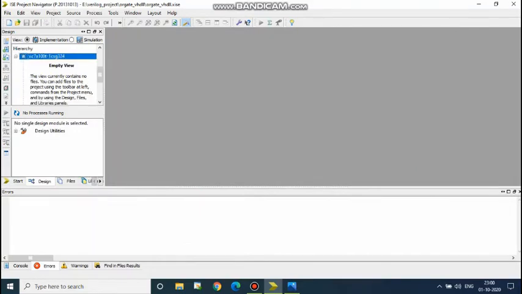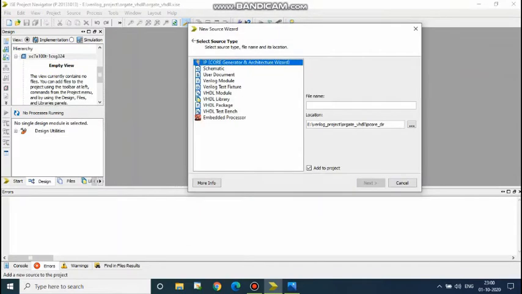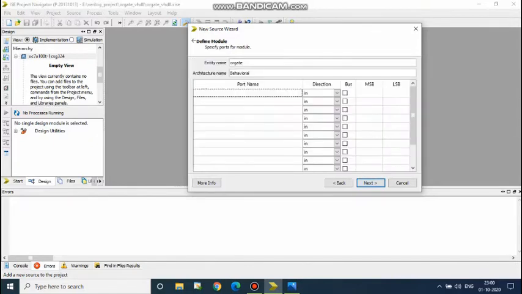Then right click on the device, create a new source, VHDL module, select OR gate, click next, and give the inputs.